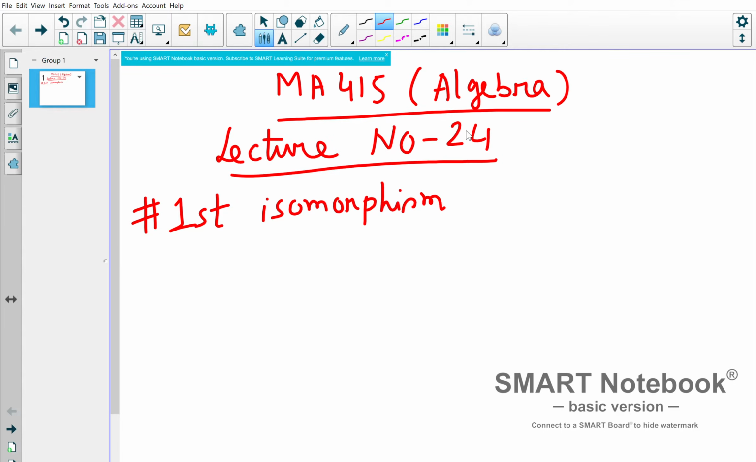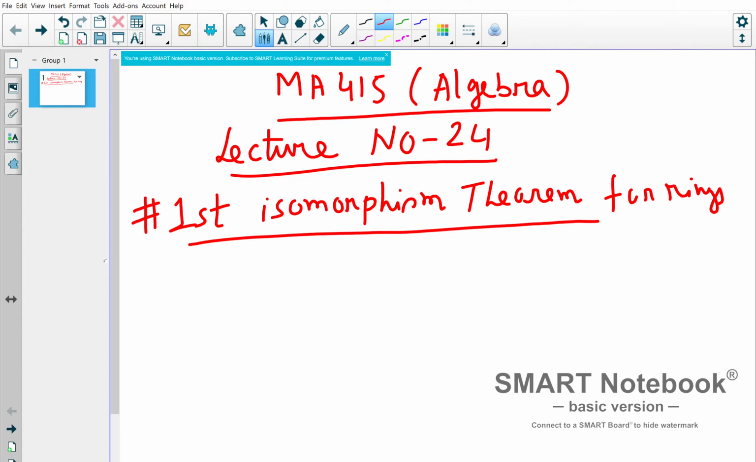Isomorphism theorem for rings. Okay, so now we are doing ring theory. Okay, so what does it say? Suppose you have rings R1 and R2, and suppose you have a homomorphism phi,